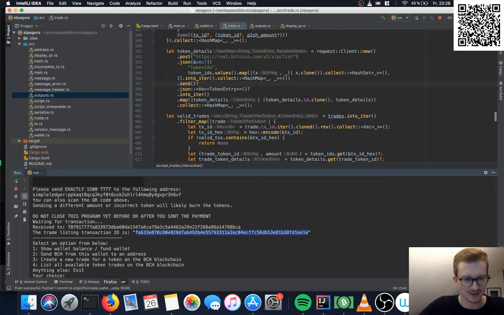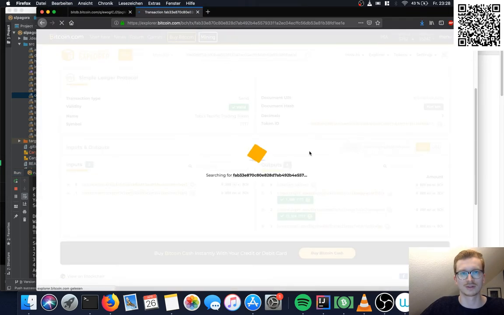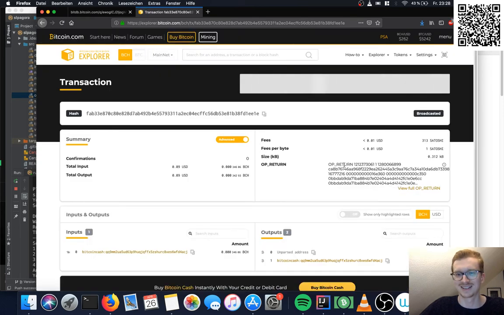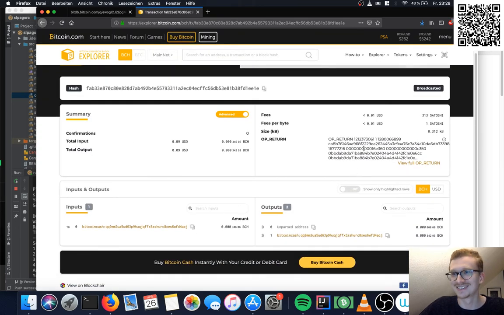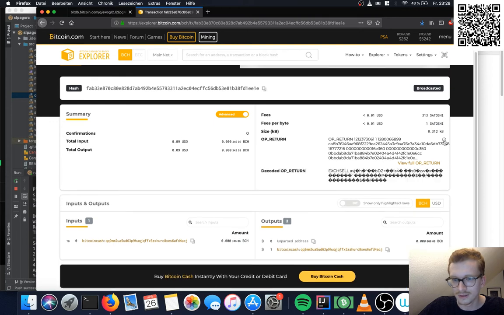Okay, so the next transaction is this one, which is sent right after we received the transaction. This is funded by the internal wallet, the wallet which is managed by my app. It's pretty different from the SLP transaction, because this has this exchange lokad ID.